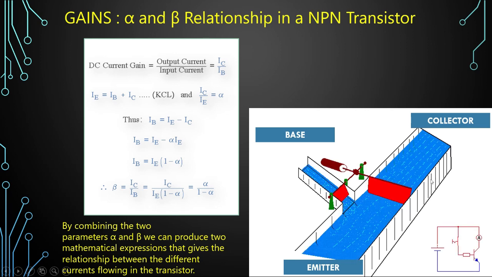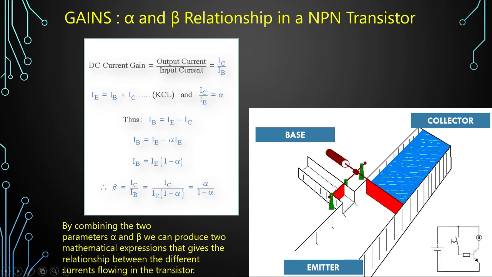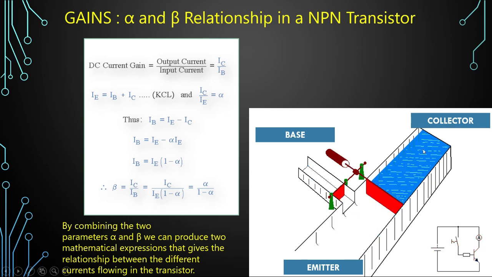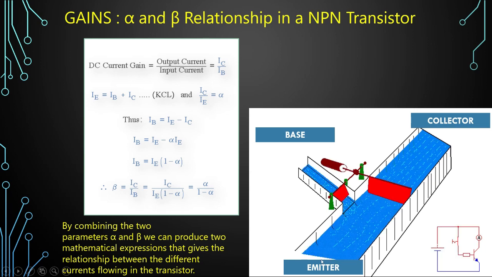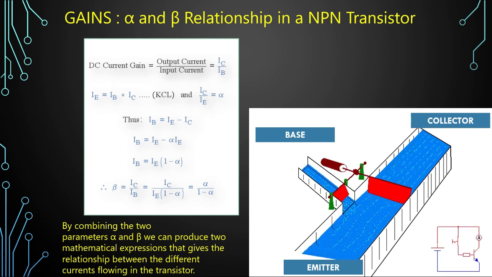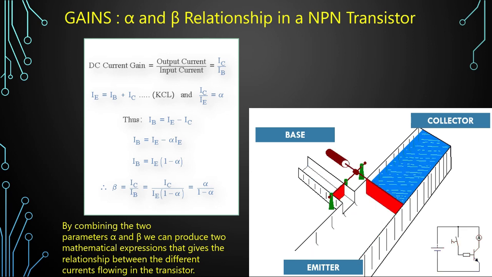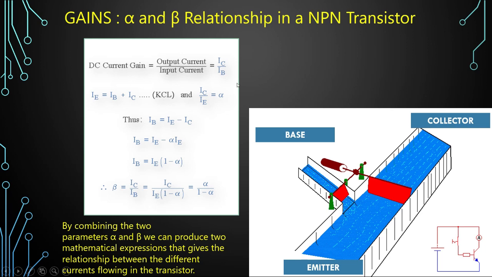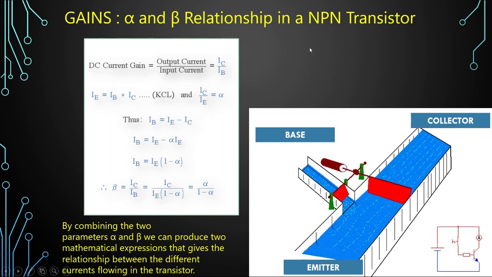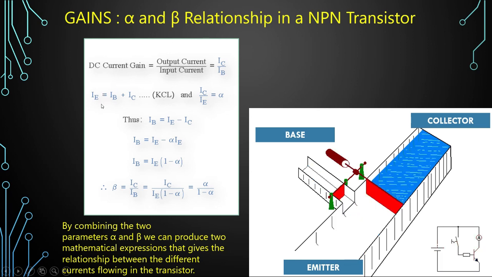As we have discussed, when the base triggers, there will be a flow of base current and there will be flow from collector to emitter, right? So how do we know that our system is giving us some gain or profit? We calculate the gains. Here the gains are given by two terms, alpha and beta, for common base and common emitter configuration. So let us first see what this IE is.